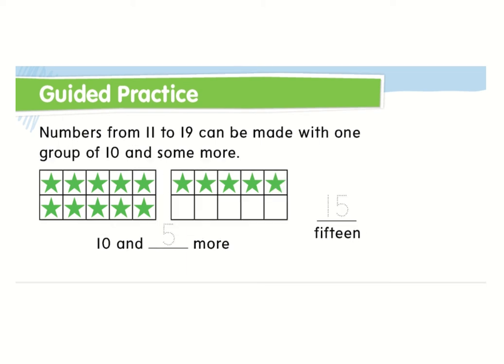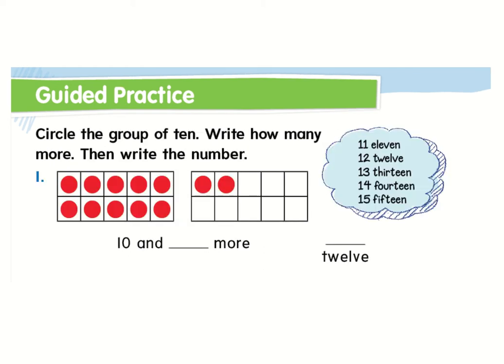So let's take a look here again. If I'm building this, I have 10, and let's see, 1, 2, 3, 4, 5 more. So that number would be 15. And then on this one here, boys and girls, we have 10 right here, 2 more. So if I go 10, 11, 12, that's my number 12 right there. Now, boys and girls,